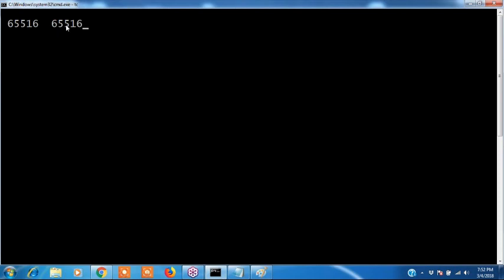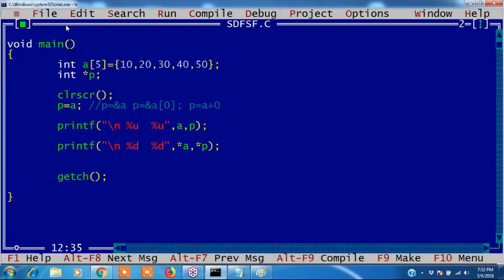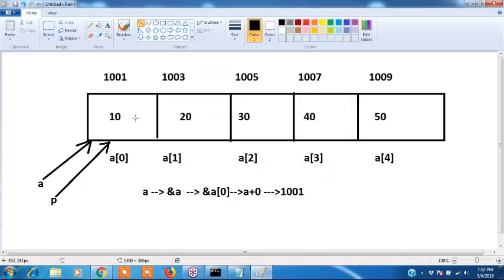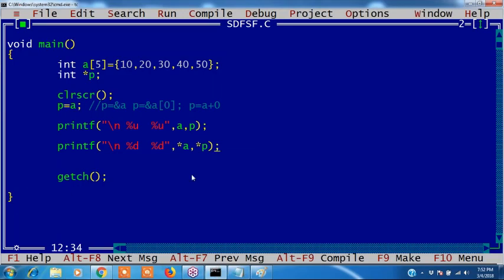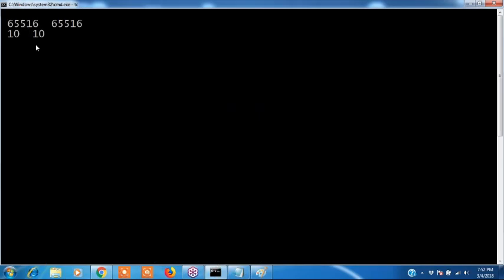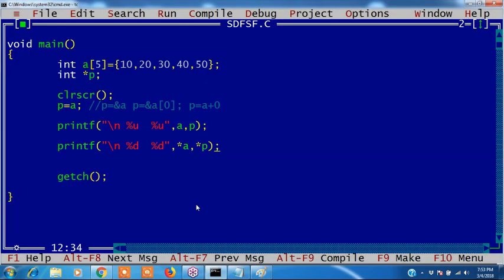Star A, star P, what is that? First value. What is the first value here? 10. Yes, that is the output. Clear? This is 10 and 10. A and P are addresses of the first element. Star A, star P is 10 and 10.